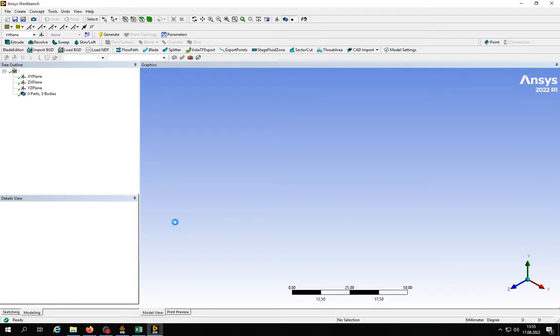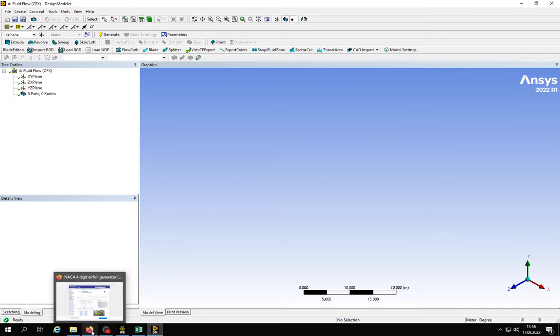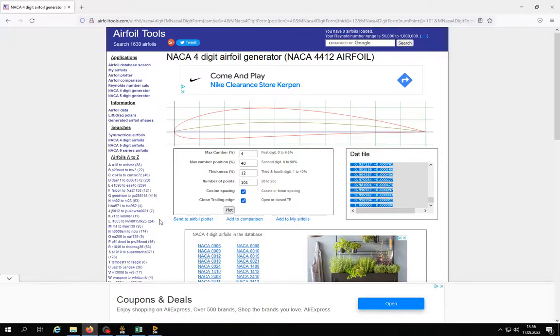Once the Design Modeler window is open, what we want to do is import the coordinate file of the profile we want to use. For this, just go to the Aerofoil Tools website and select whatever profile you want to use. So personally, I will take a 4412 NACA airfoil. And when you are on this window, make sure that the cosine spacing and the closed trailing edge options are selected. Then just click on Plot, and